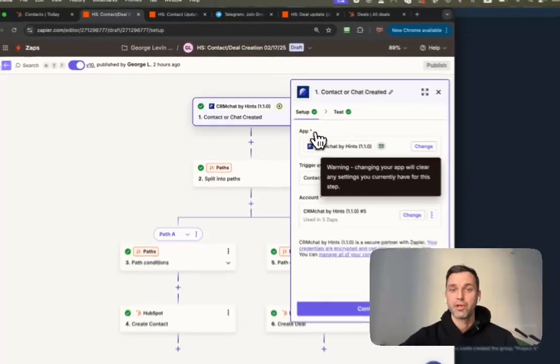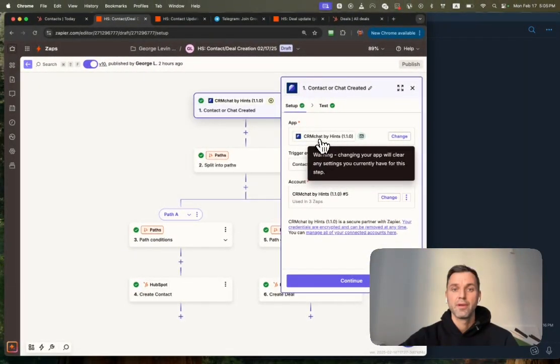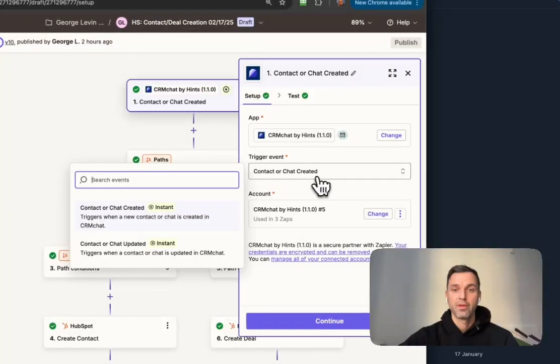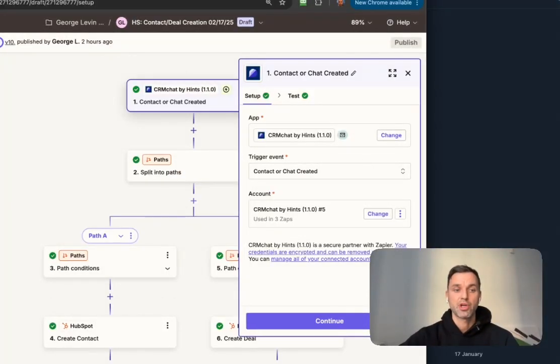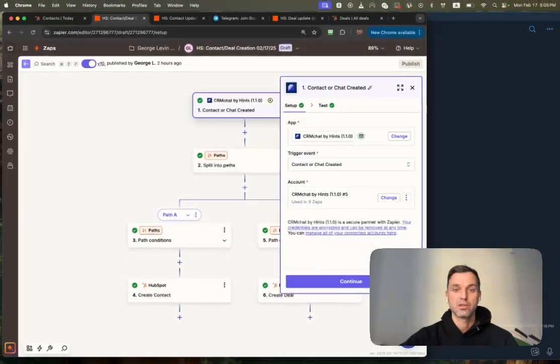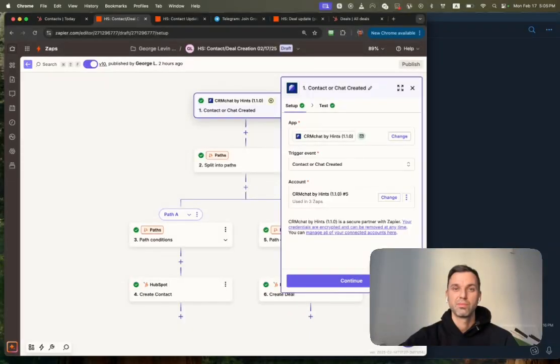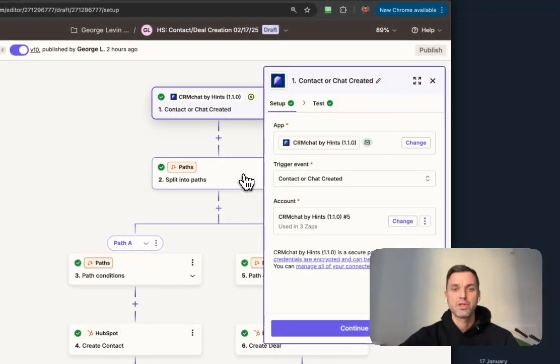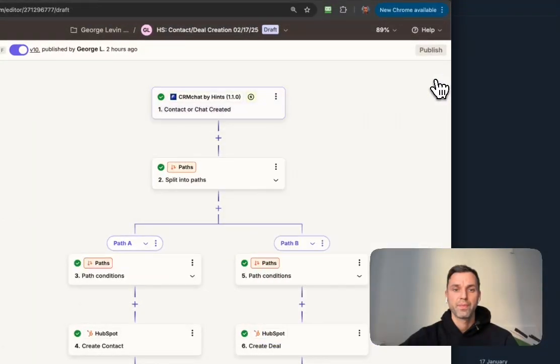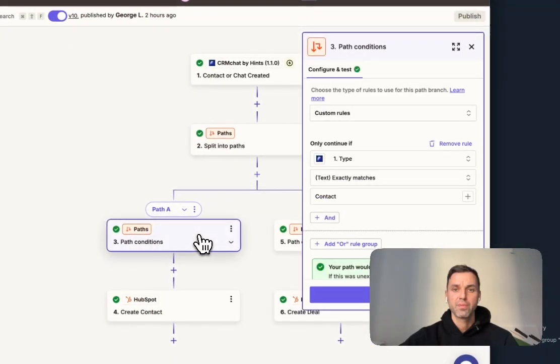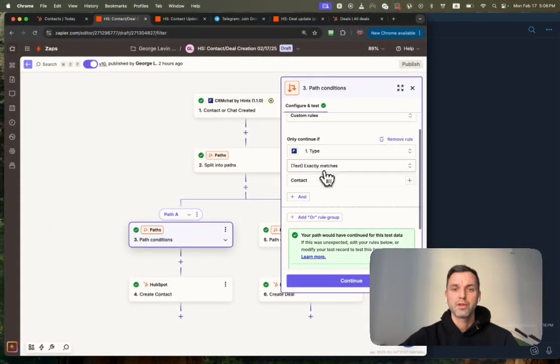Let's start with the trigger. The trigger here is contact or chat created. This is the trigger within CRM chat. So it means that as soon as a contact or chat, or group to be specific, is created, then in the next step we split into two different paths. The first path works when